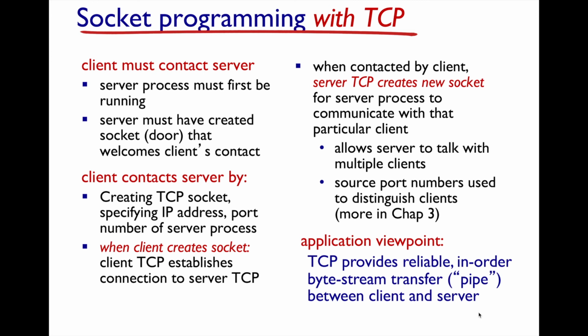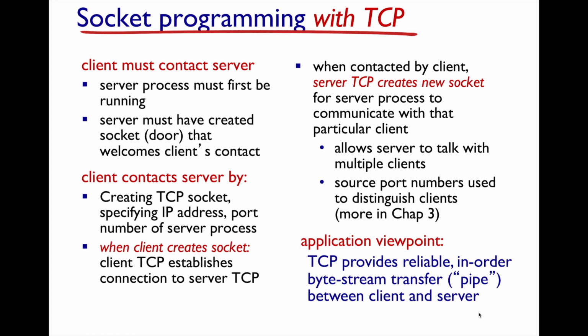Let's look at TCP. So when you are using TCP, underneath the covers, there's the establishment of resources. And that's called handshaking, and that's handled for you in the socket. Now, the client has to contact the server. It's the one that initiates that contact, and the server waits for this incoming request. And so the client contacts the server to establish these resources to engage in this reliable transport protocol.